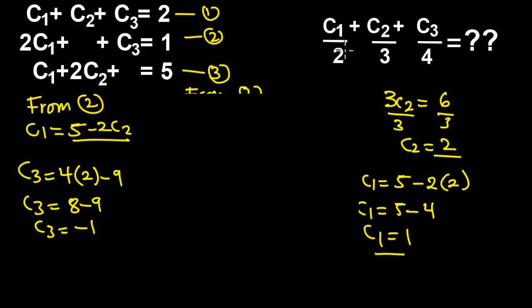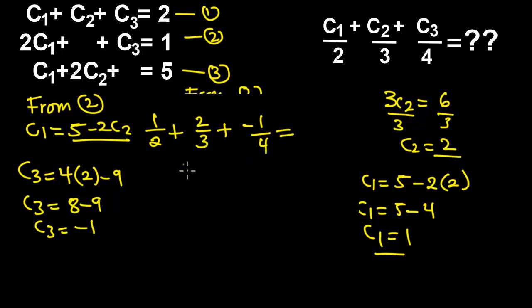So we have C1 over 2, and then C1 we had 1. So we are going to have 1 over 2 plus, and then C2 over 3. And then C2 we had 2. So we're going to have 2 over 3 plus, here too we have C3 over 4. Here we had C3 to be equal to negative 1, so negative 1 over 4. So this will be equal to,